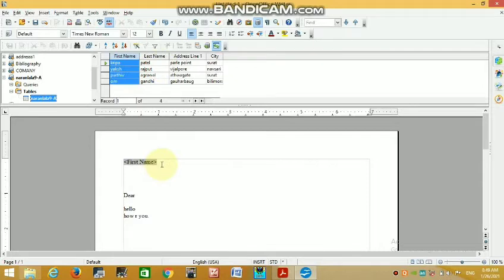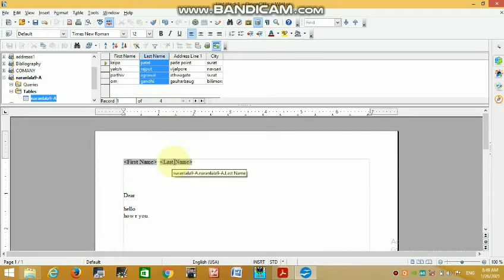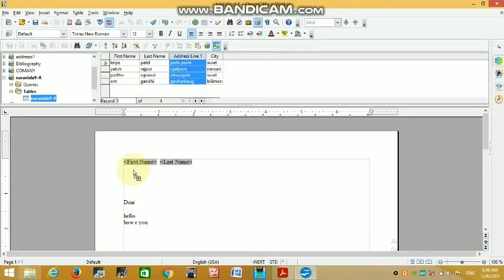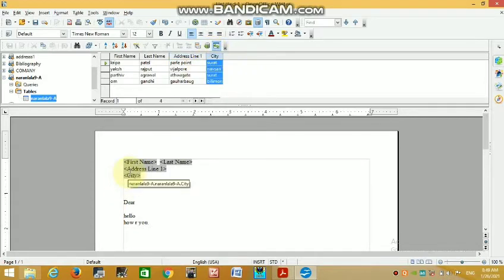Then first name and give a space for the last name. Last name we drag here. Our cursor is here and drag it here. Okay, now address line 1 below the first line. Now again city is below address line 1.